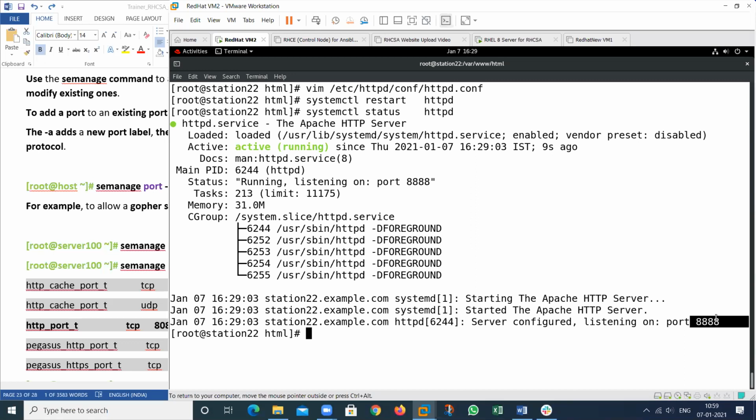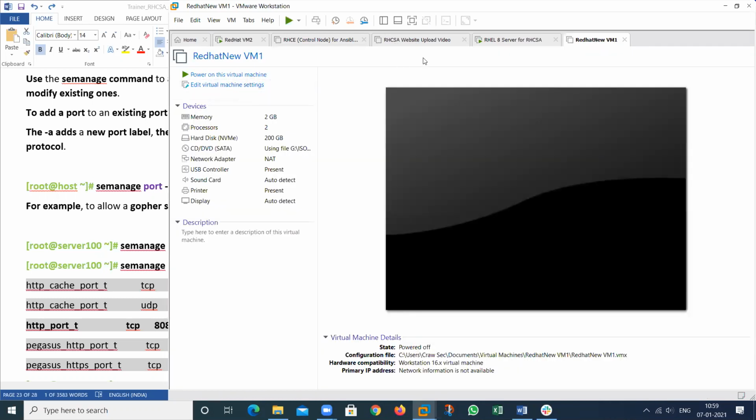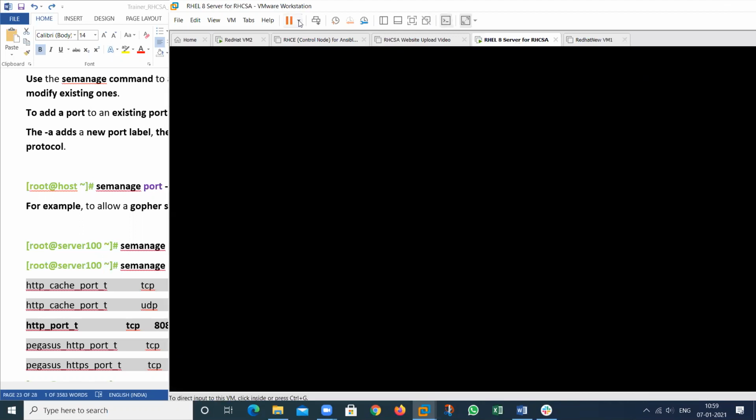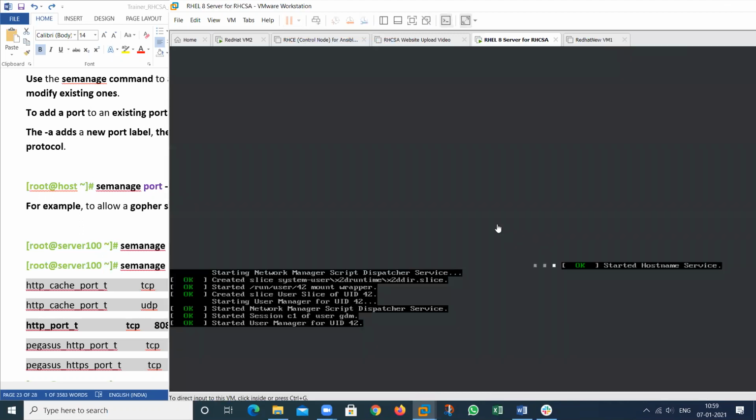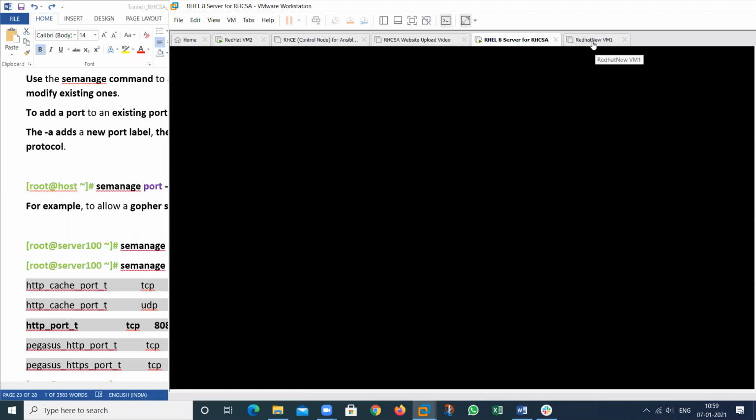See, my service is running on which particular port? My practical has been completed, but I want to show this is opened or not by using the client, using my own machine also. So I will open another machine, a Red Hat new VM. So I will close this one first and open a new machine.